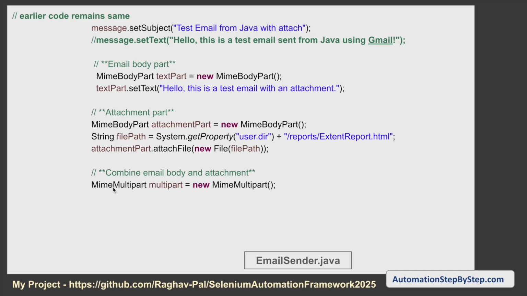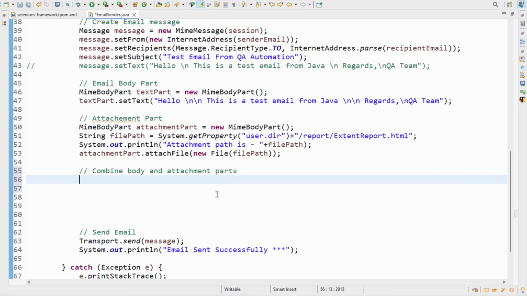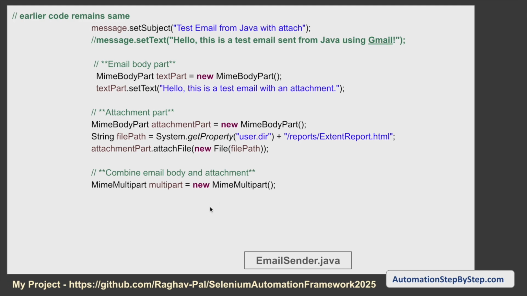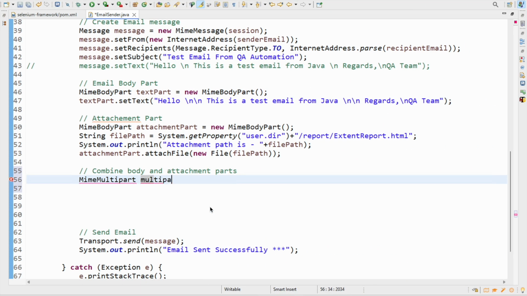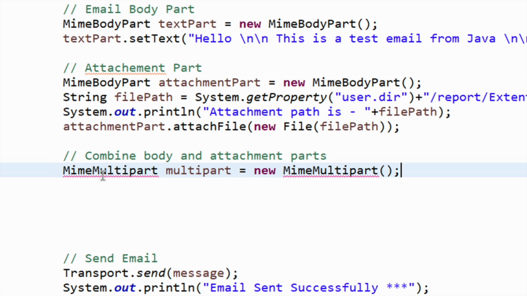Now we will say multi-part, mime multi-part, and I can give it some name. Let's say multipart equals new mime multi-part,